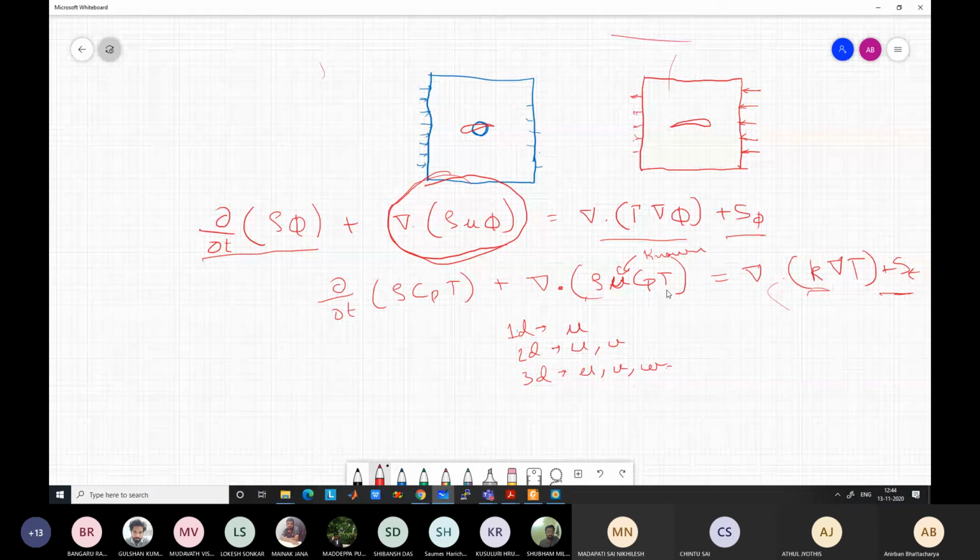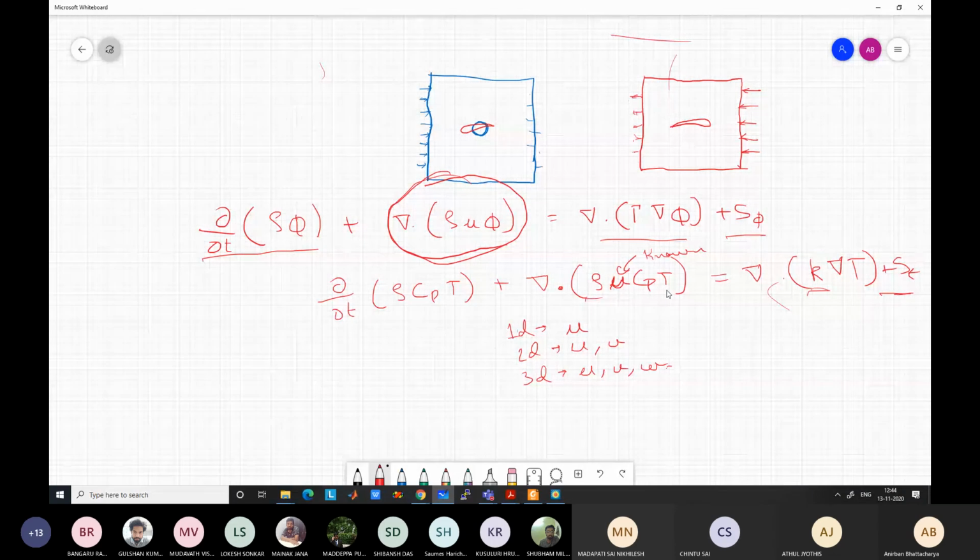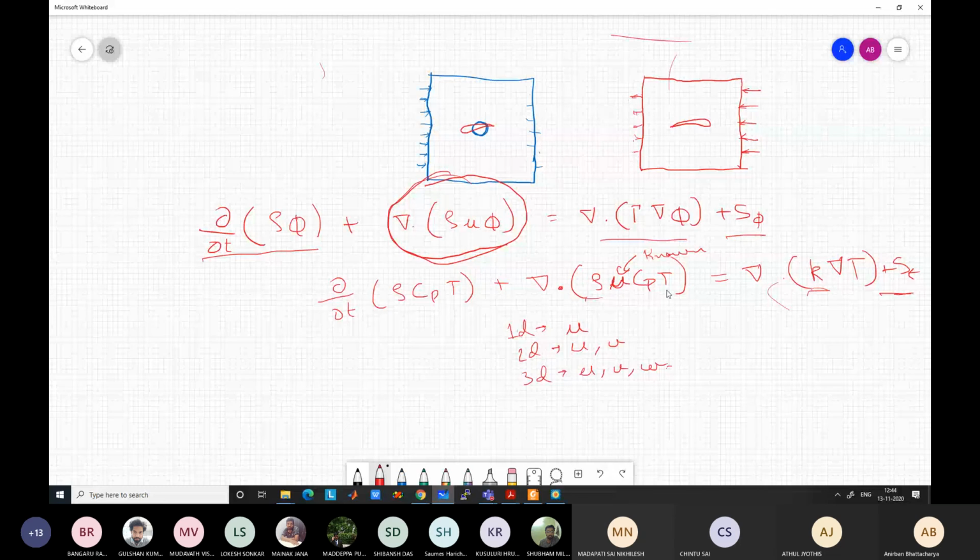The second important point is that the pressure gradient is there, and there is no equation for pressure. That is actually difficult to tackle, and certain special methods are needed. Again, those who have done it already know. A lot of methods are there: SIMPLE method, SIMPLER method. Similarly, other methods are also there, like SIMPLEX.